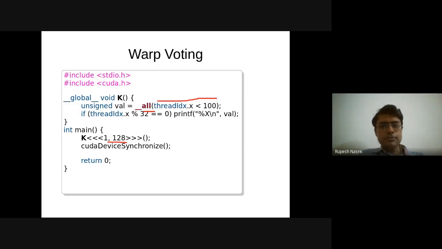Okay, Shubham says 3. Aditya, Nivedita, Arihant are saying 4. Okay, so we'll have 4 outputs because there are 4 warps. So each representative from a warp prints an output.